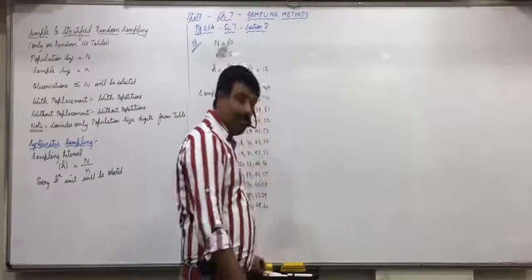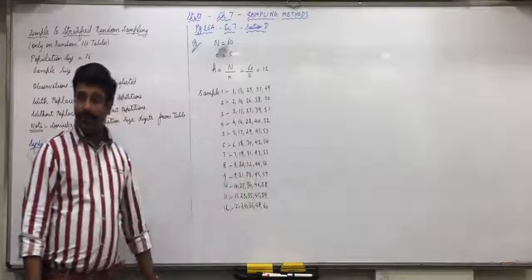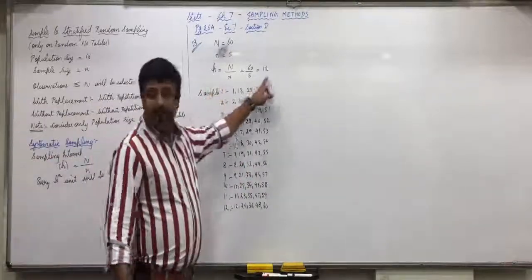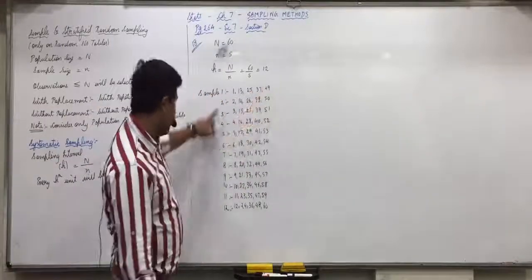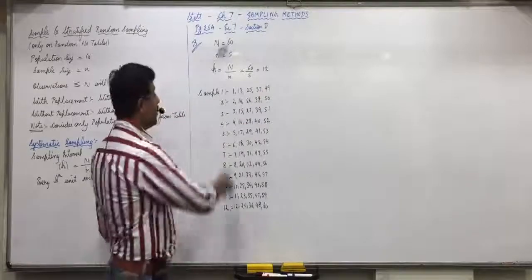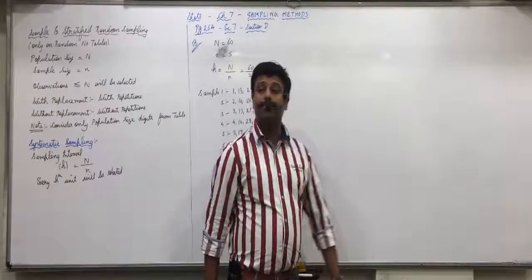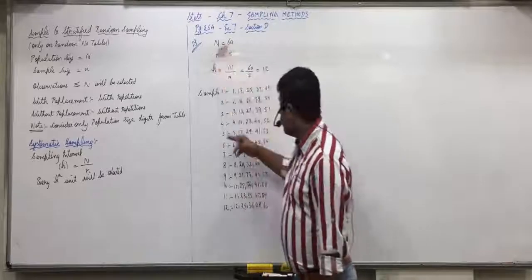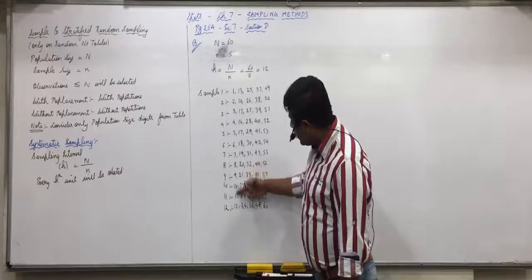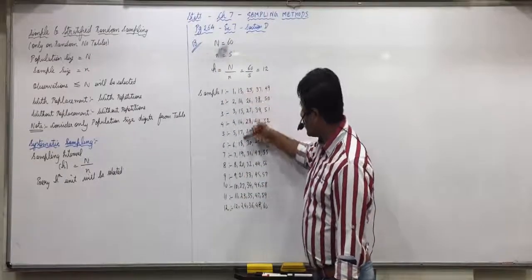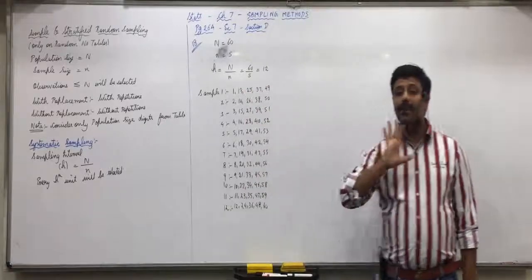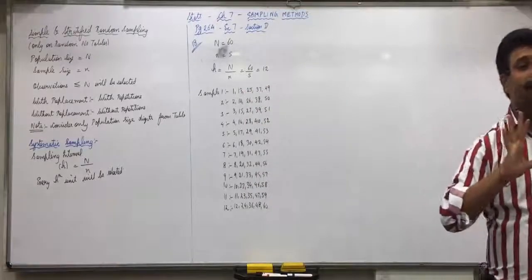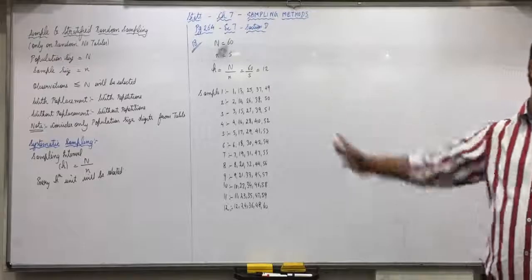Now the shortcut method. Are all clear with this concept? If K is 12, then first write the samples 1 to 12. Then write all the numbers from 1 to 60, if capital N is 60: 1, 2, 3, 4, 5, 6, 7, 8, 9, 10, 11, 12, then 13, 14, 15, 16, 17, 18, 19, 20. Did everyone understand this? Any doubt in this?